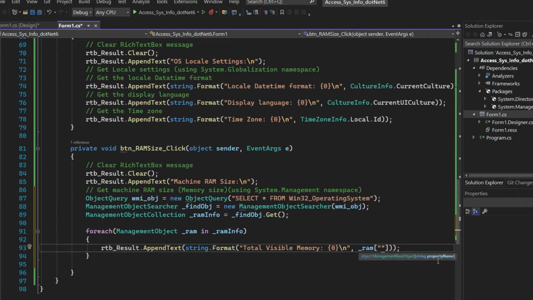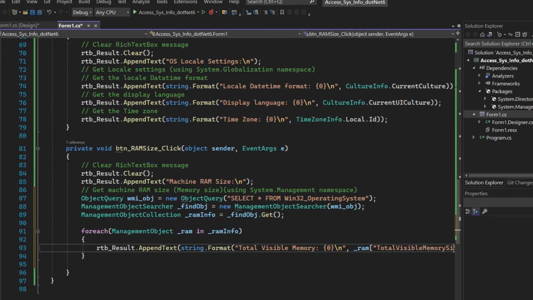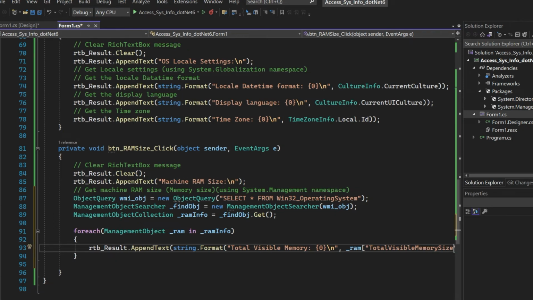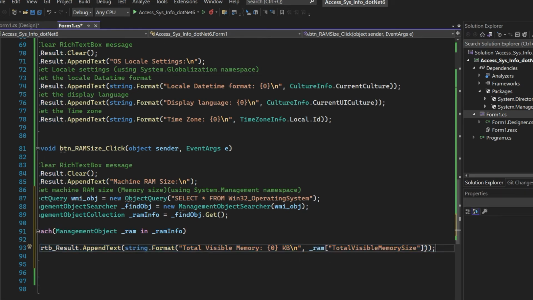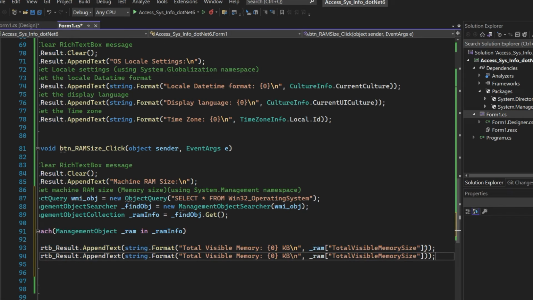We're going to retrieve an attribute called total visible memory from this object. Let's add a KB here, because the value returned by this parameter is in kilobytes. Okay, copy this line, then paste it down here.